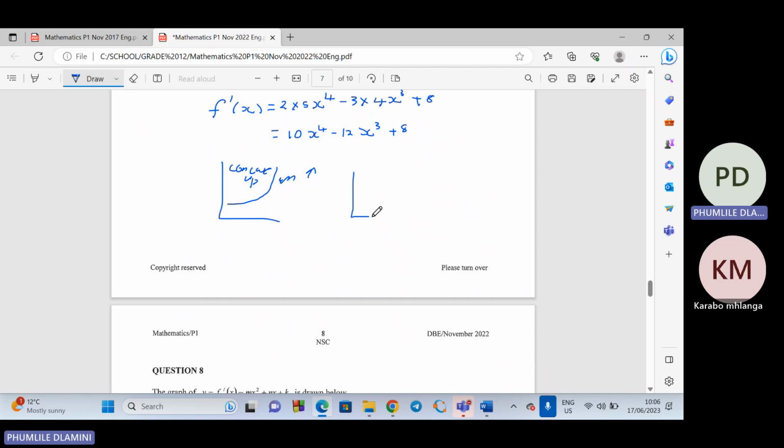But if your graph, you can see the shape of this graph, is going this way and your slope is decreasing, the m is decreasing, then we say this graph is concave down. So now, in order for you to find concave down and concave up,